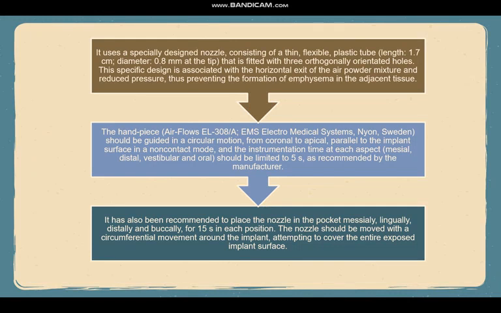It has also been recommended to place the nozzle in the pocket mesially, lingually, distally, and buccally. The nozzle should be moved with a circumferential movement around the implant, attempting to cover the entire